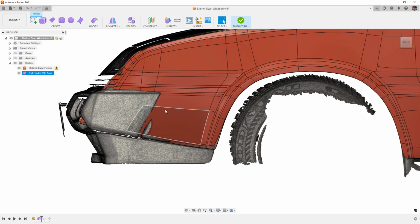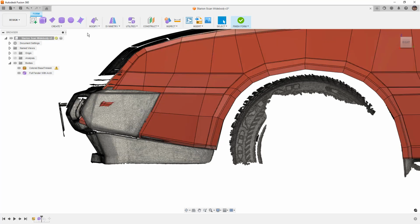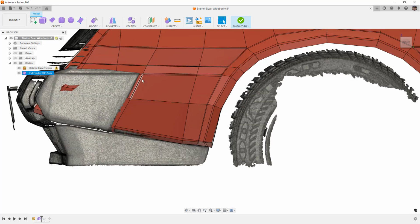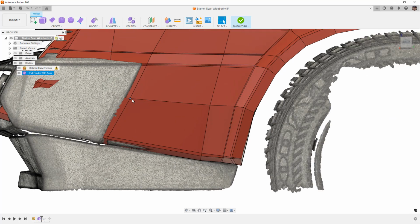And I think, let's see. Let's go ahead and take a look at in-box display. I think so far everything looks pretty good. We won't really have a good idea where this needs to be until we do a bit more work, but